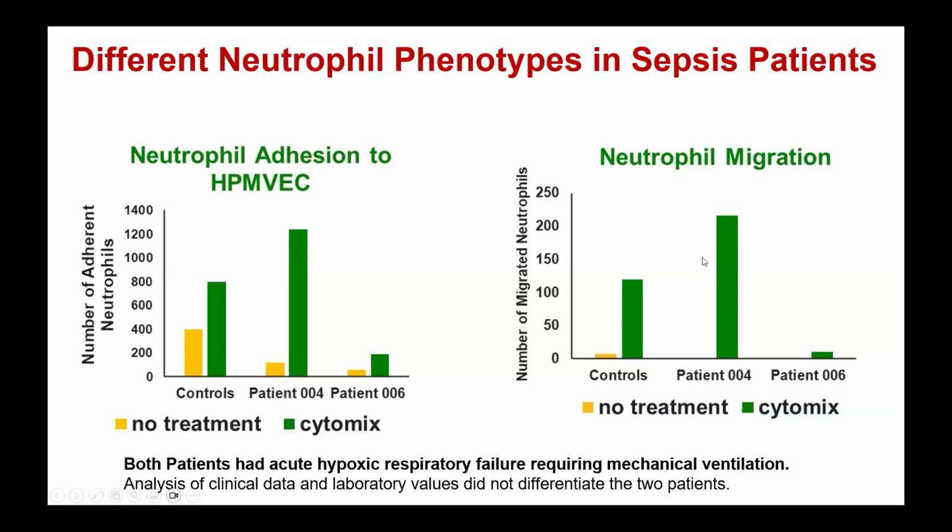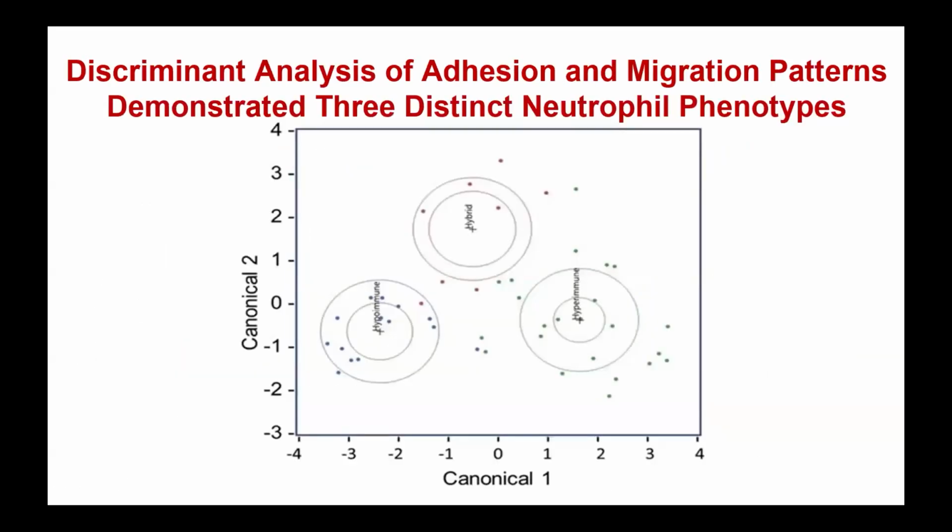And so we started looking at this. And by the way, both of these had acute hypoxic respiratory failure, and they were both on mechanical ventilation. So as far as the clinicians were concerned, these patients both had the same symptoms. So when we looked at all these patients and we did a discriminant analysis on all the results, adhesion, migration, all the results we could get, the patients naturally siloed in 3 groups, which we called hypoimmune,